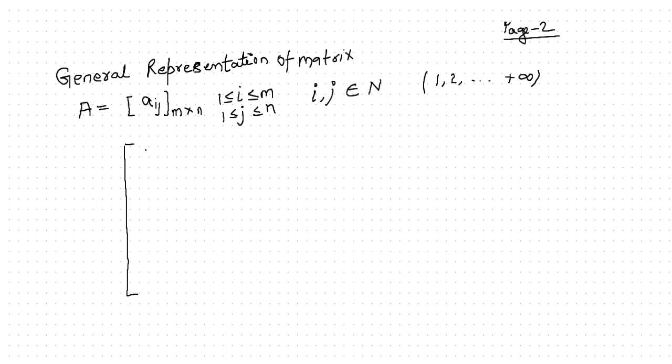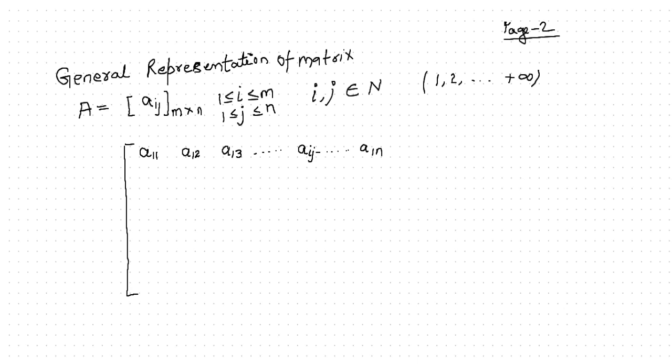Suppose now A11, that means this is the element in the first row and the first column. This is row 1 horizontally. We are moving in row 1. So this is row 1 and column 2. Similarly, row 1 column 3. In the same way, we move up to the general representation A1j, and this representation will continue up to the maximum n number of columns and m number of rows. So it will continue up to A1n.